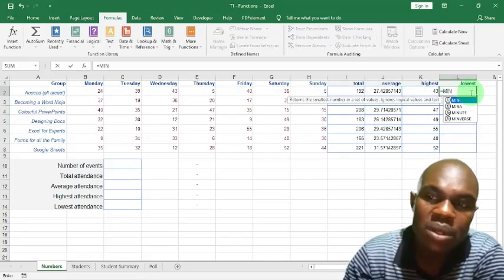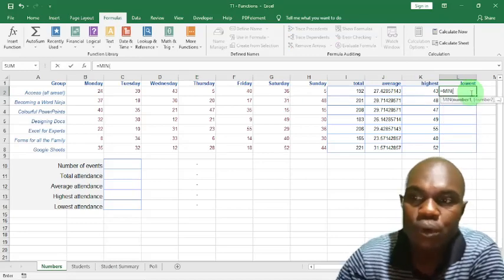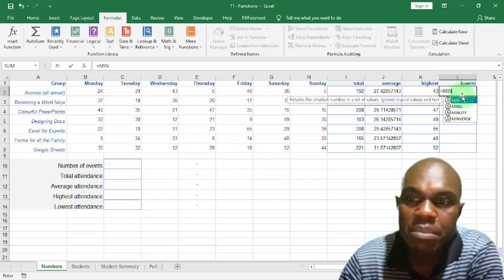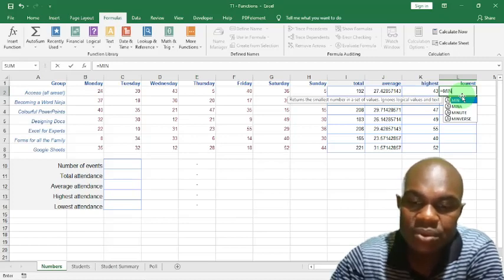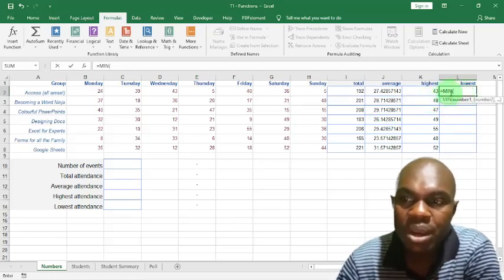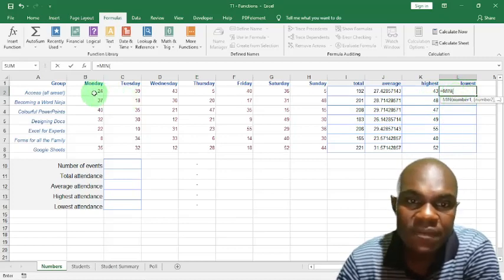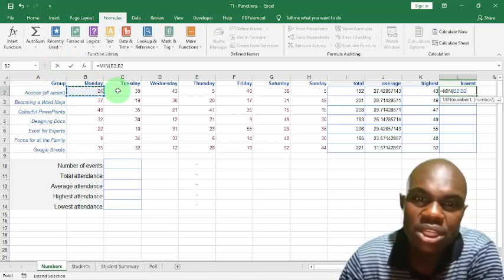The lowest value will be minimum. We will use the min function. The minimum function will permit us to have the smallest number in a set of values. We'll have the smallest number, and then we open our bracket. When we open the bracket, we'll give the first reference, the reference to the first number. The reference to the first number is B2. Again, we use the colon notation to